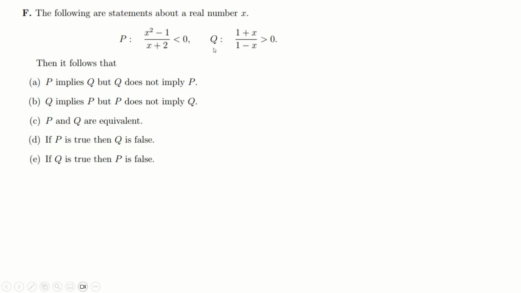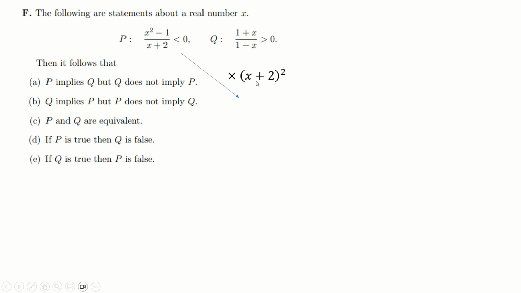Now, I'm a bit unsure what the proper solution for this is. If you've done FP1, FP2, you know how to evaluate inequalities like this. Basically, you can't times by x minus 2, because x minus 2 might be negative, which therefore might flip this sign here. So what I'm going to do is times by x plus 2 squared,